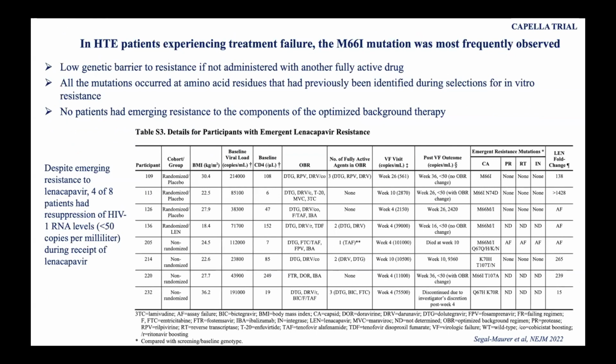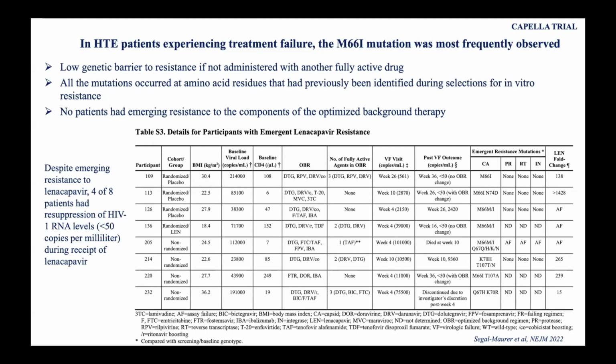And in the patients that failed the CAPELLA trial, so the patients that have been treated with the multi-drug resistant virus, you see that there are some patients that fail. The majority are failing with the M66I, that is the mutation that is very important also in vitro. And the majority of the mutations that you can see have been previously identified during the selection for in vitro resistance. What is important is that so far the patients did not emerge new resistance to the other components of the